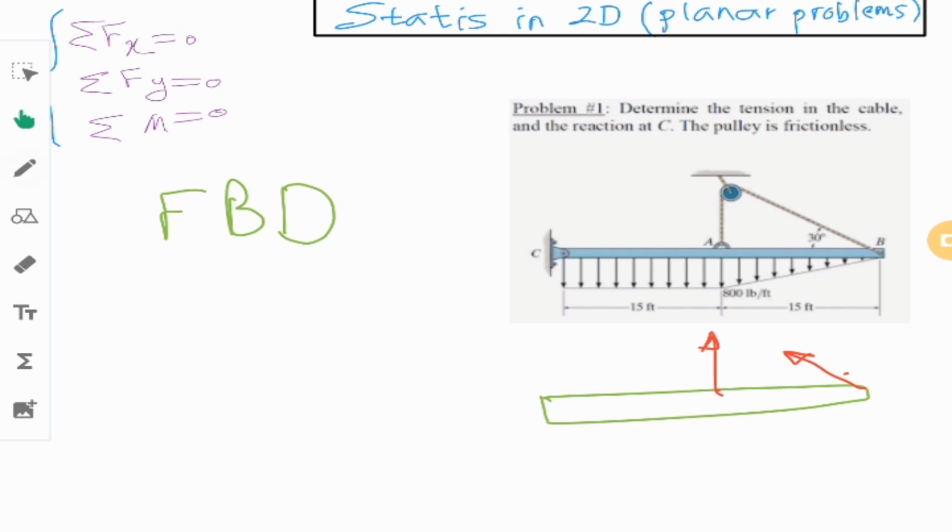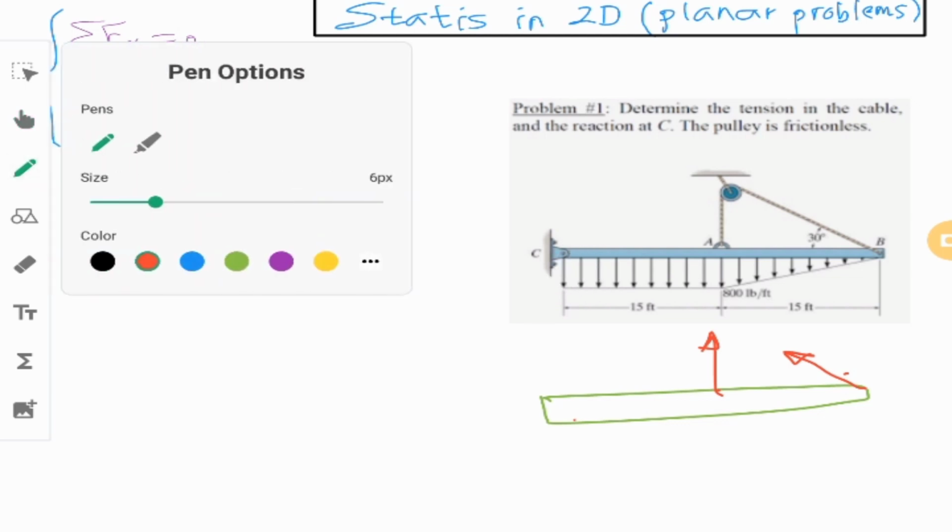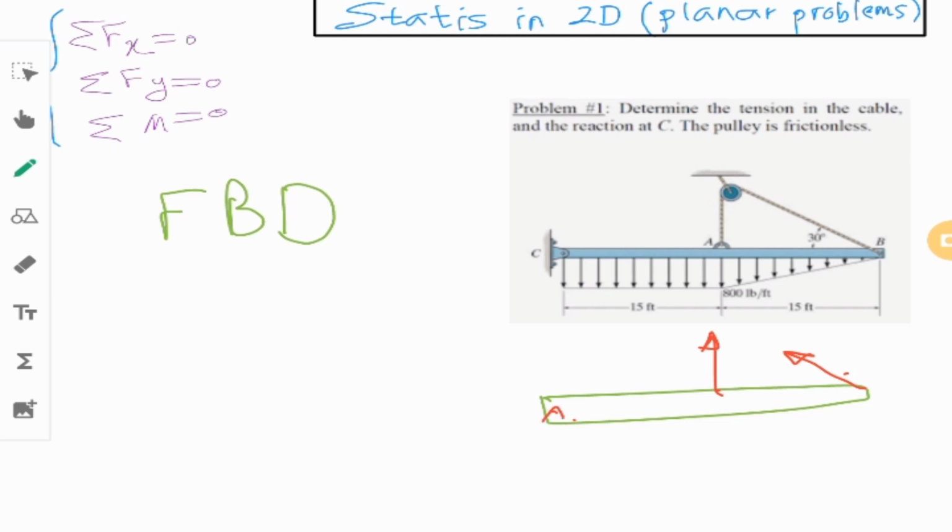We name it hinge, and we put the reactions over there. Name one of them Cx, the other one Cy. Okay, here let's name one of these tensions T1, the other one T2. As you can see, if I consider this as the free body diagram of the system, I have four unknowns, but here